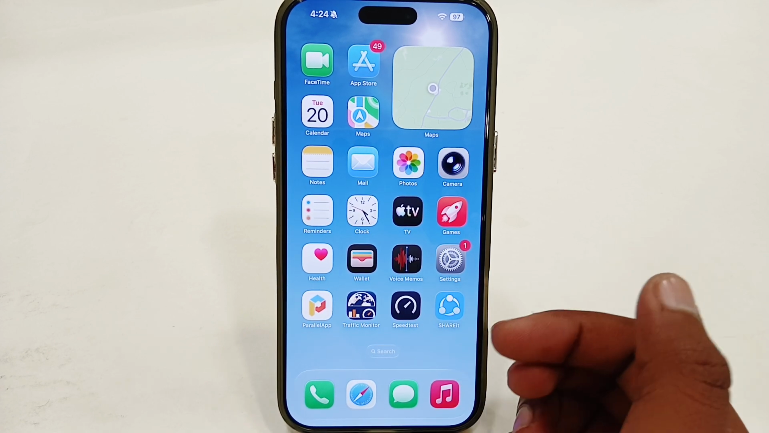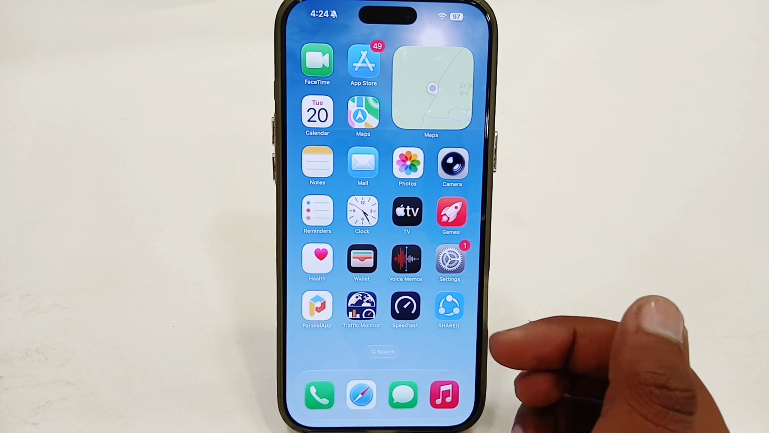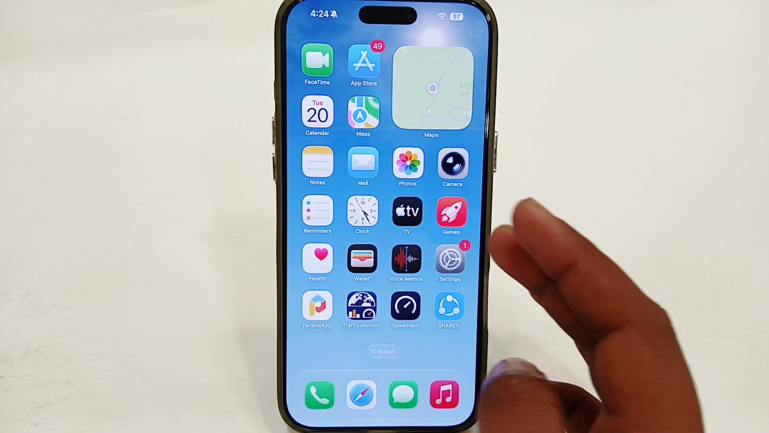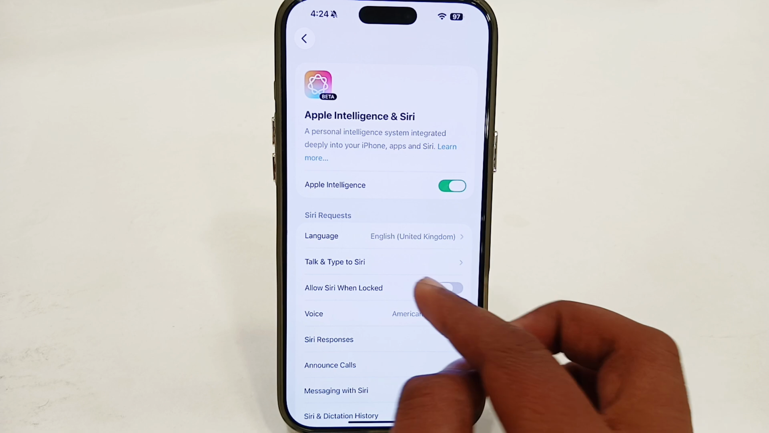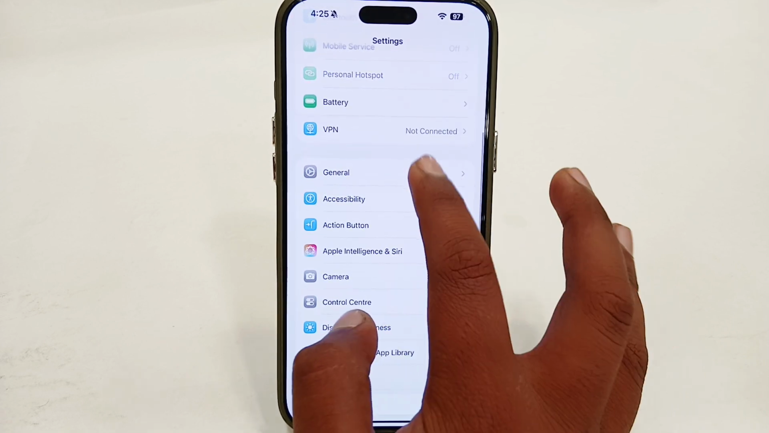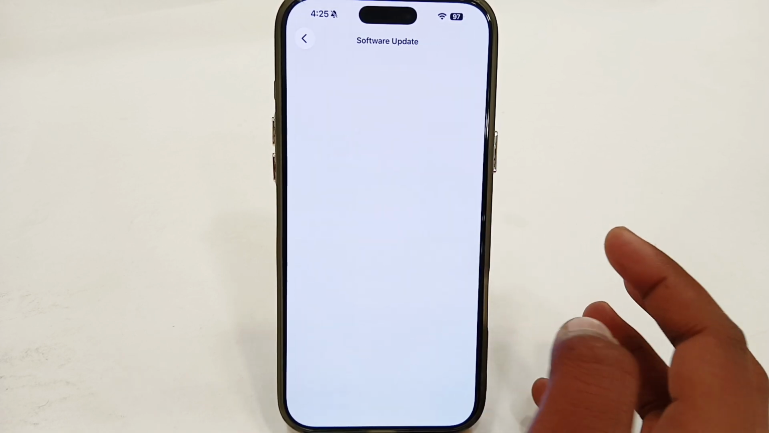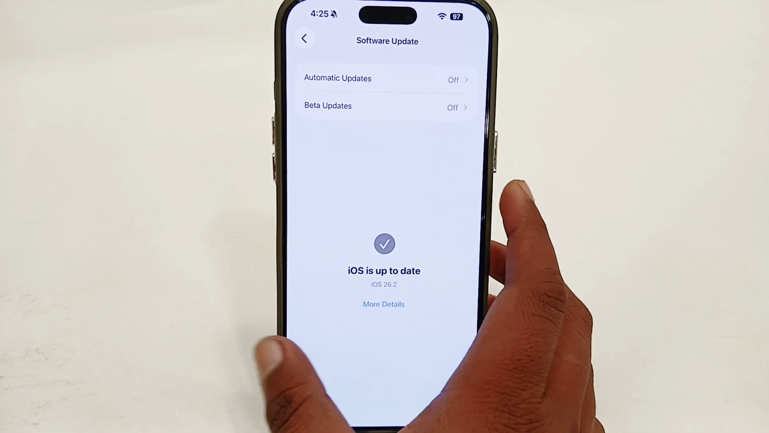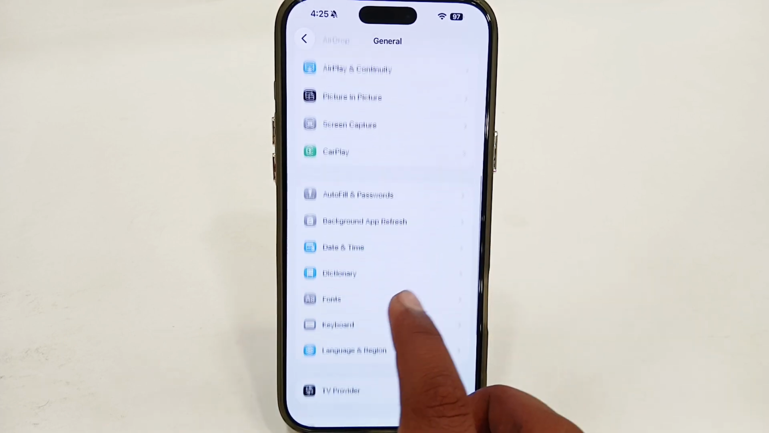You just have to simply update your software to get every latest feature of iOS. Simply open your settings, go to General, go to Software Update, and try to update your software. Once you've updated your software, simply go back from here